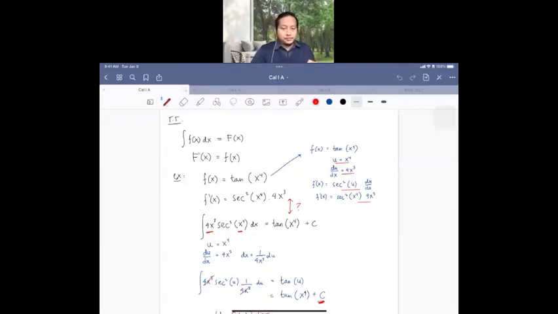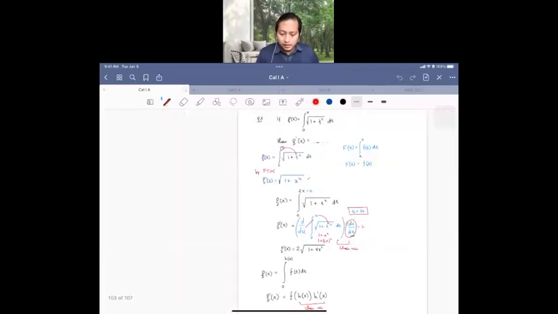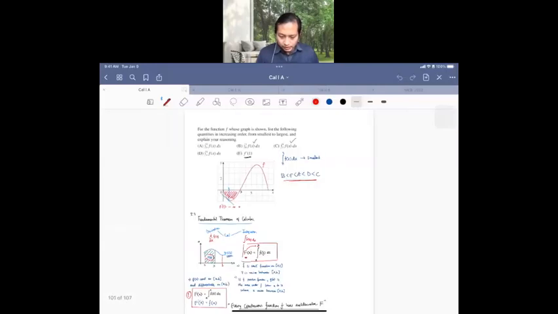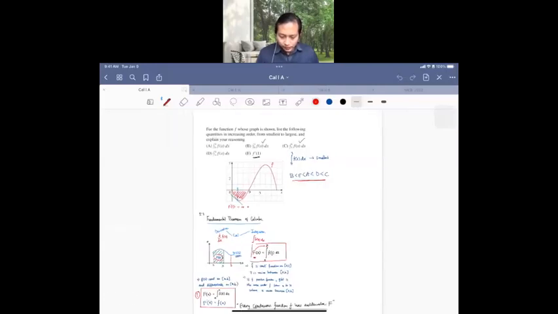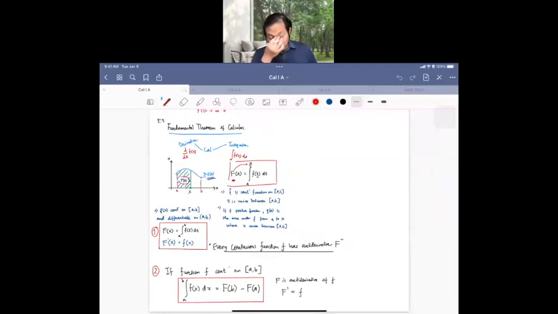Okay, so last Friday, we discussed, let me just review the practical way for the integration. Okay, now we mostly review the fundamental theorem of calculus, and basically the fundamental theorem of calculus we are